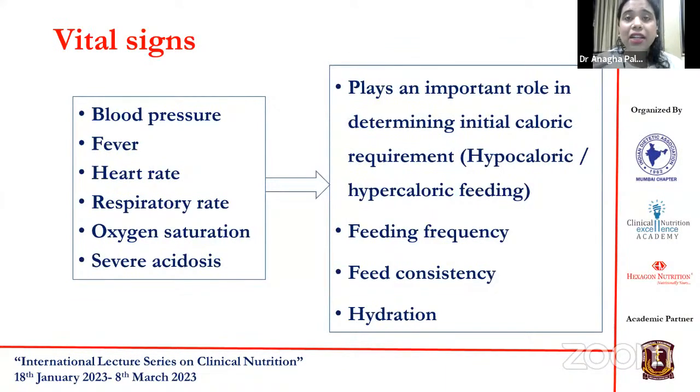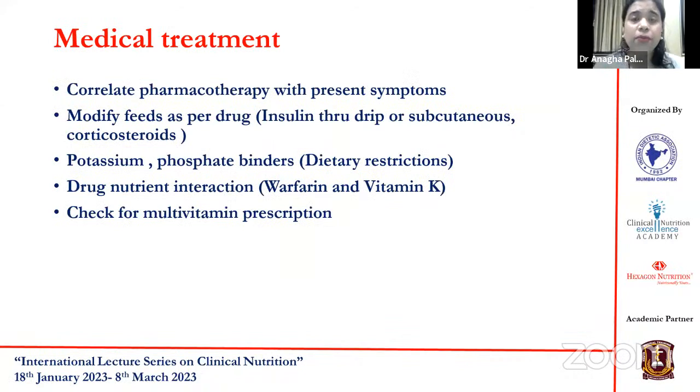How frequently are we going to feed this patient, or by continuous drip? If the patient is eating orally but is very breathless, are we going to feed a soft diet or a liquid diet? Or if the patient is in dehydration or acute kidney injury, then we may need to hydrate the patient. All these signs are going to tell you a lot of important information, and you need to pay good attention to them. Apart from that, the most important thing is, as dietitians, we need to know what medicines are given to the patient,